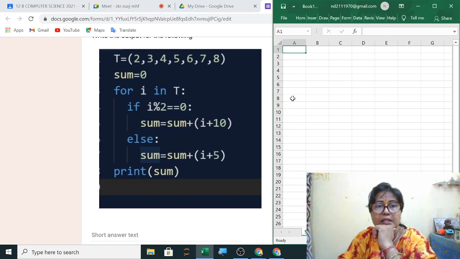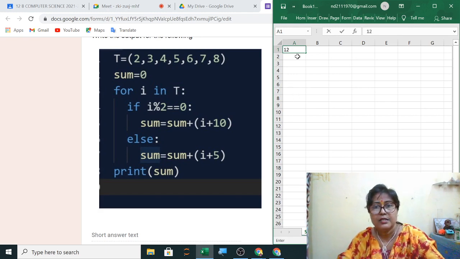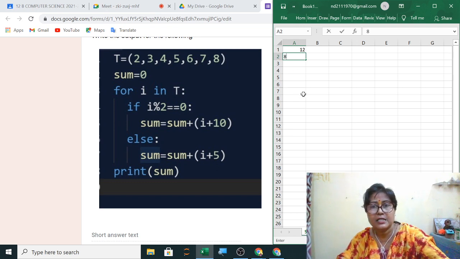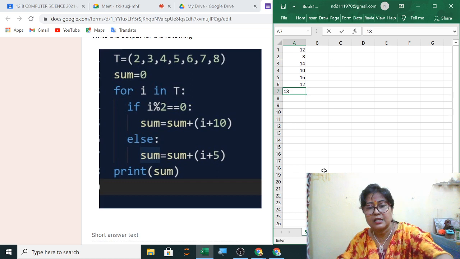So first value is 2, that is 12. Second value is 3 plus 5 is 8. Third value is 4, divisible by 2, so 4 plus 10 is 14. 5 plus 5 is 10. 6 is divisible by 2, plus 10 is 16. 7 is not divisible, 7 plus 5 is 12. 8 is divisible, plus 10 is 18.